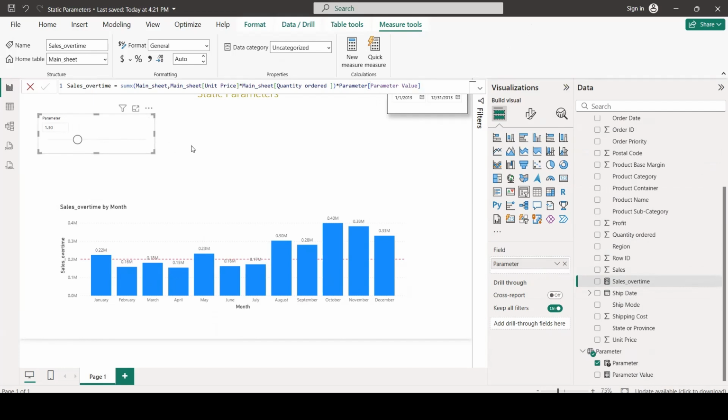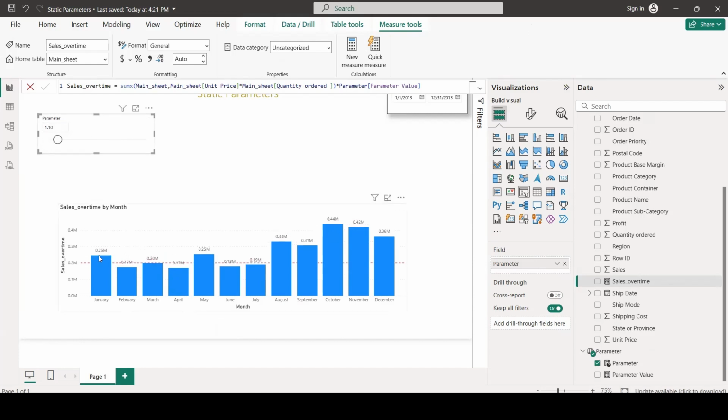Now, if I hit enter and I slide this number, we can see that the whole data from this graph is already influenced, right? It's increased with the number, for example, here I'm going with 10% more.